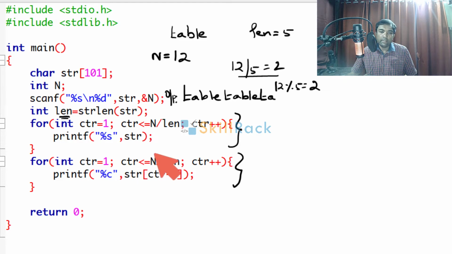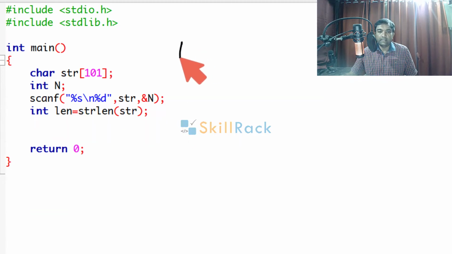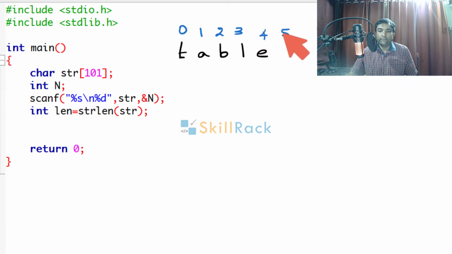Now, can we solve this program just using a single loop? Yes. Let us discuss that approach now. Let us consider the string value table. We will write down the index values 0, 1, 2, 3, 4. In the fifth index, we will have the null character. Anyway, it doesn't matter.